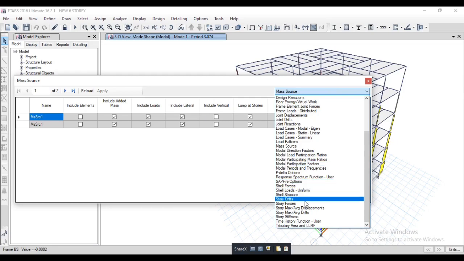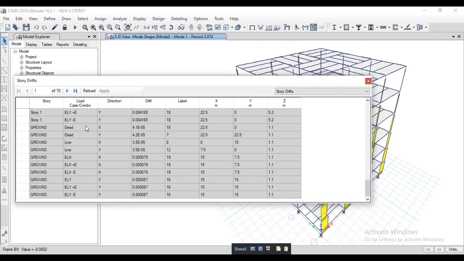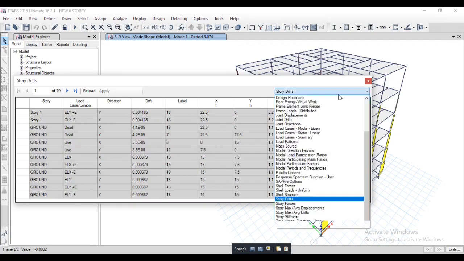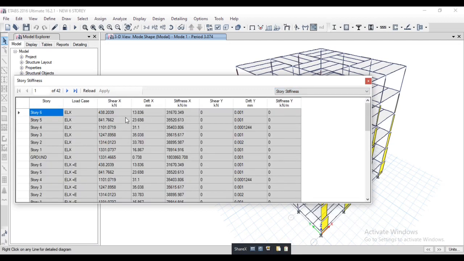This is the story drift data. For ELX, story drift is very minimum, 0.00262768. You can see here the story drift data. Story stiffness is also here.